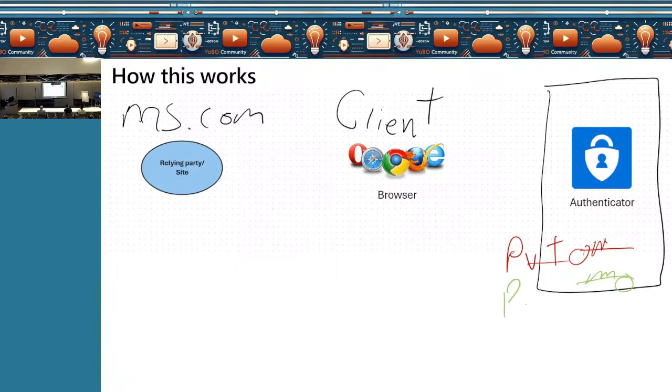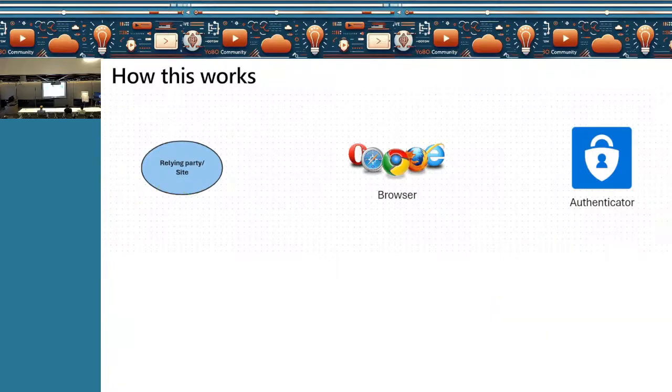So this is public. Now what happens is the public key is shared with the relying party. So this is something which is given to the site, public key. But the private key is something which is not shared. So just try to understand that. So in my authenticator, basically, public key is shared, private key is not shared.